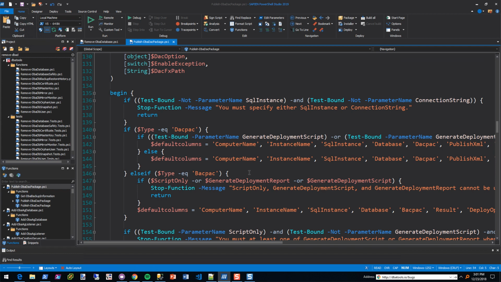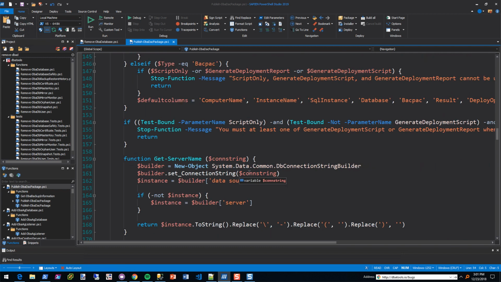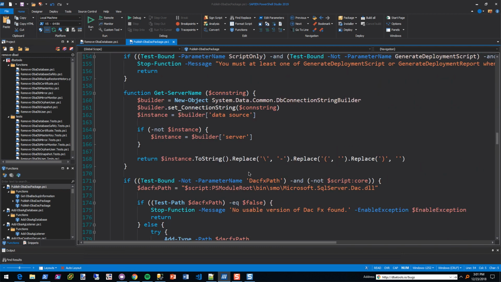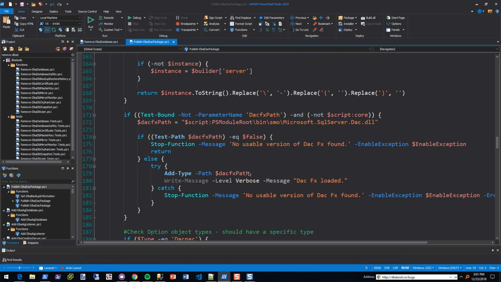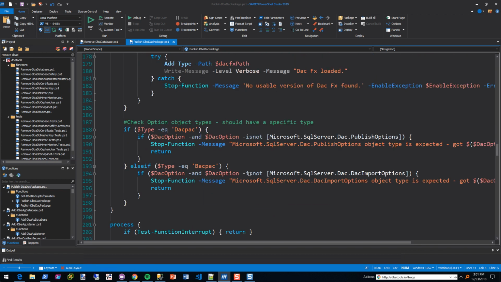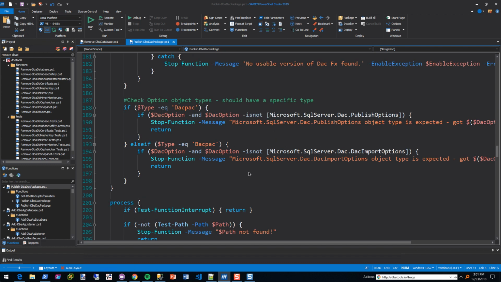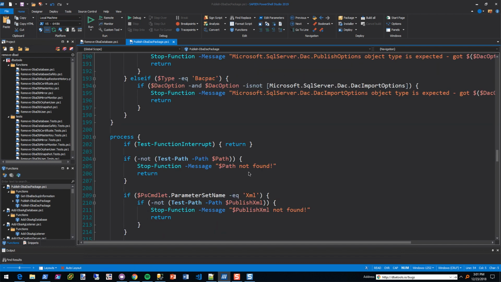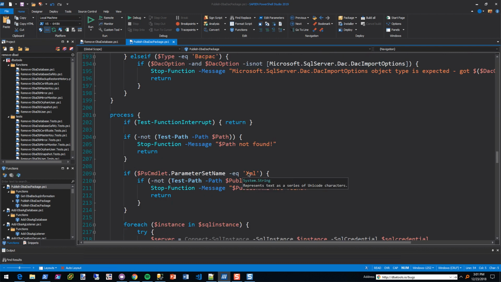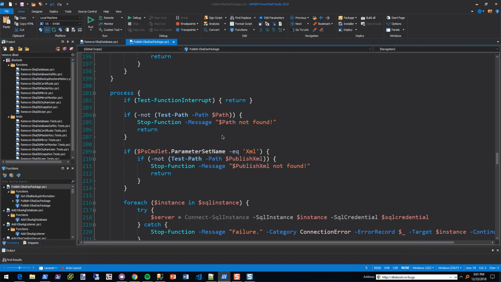Next thing that I'm going to do, after I've copied that, I am going to look for things that actually modify data. And so far, this is a bunch of tests. It's just testing things. It's getting things. There's no modification so far, and there probably wouldn't be in the begin block, but we just want to check it anyway. All right, so now we get into the process block. Path, if you're wondering why path, and we did some checks up there and then we did some here, what's the difference? Well, path could potentially be piped in, and whenever you have piping, then that variable needs to be seen by the process block. And if you try to do it up here in the begin block, it's just not going to work.